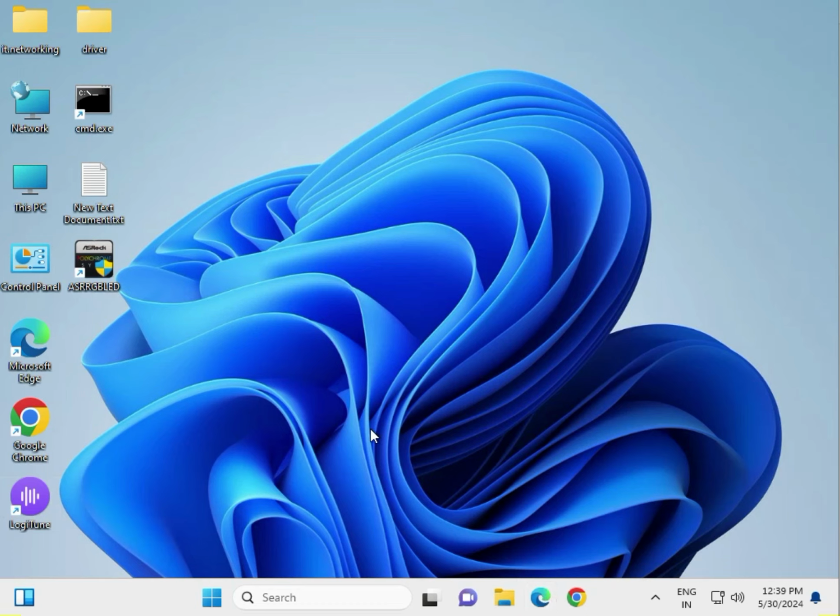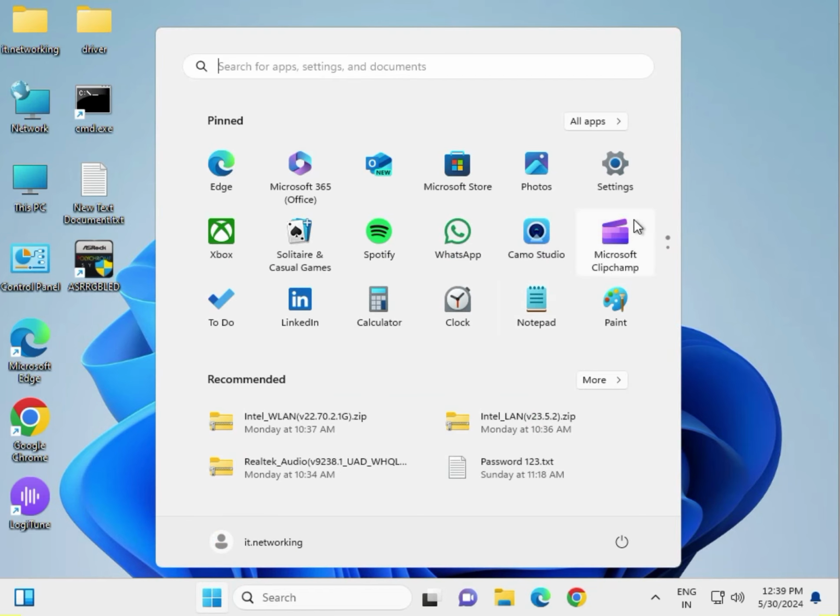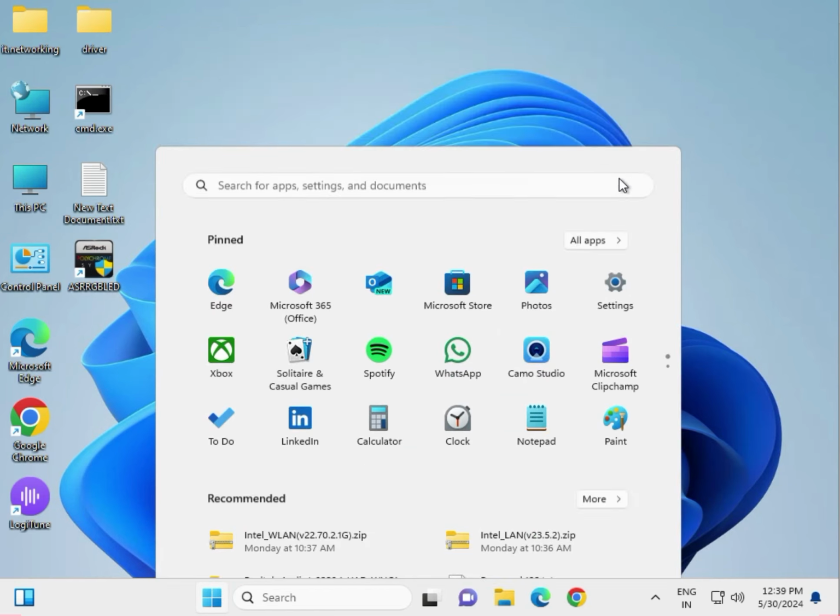So first method is run Windows Update Troubleshooter. So click to Windows Start key, go to Settings, click to System,